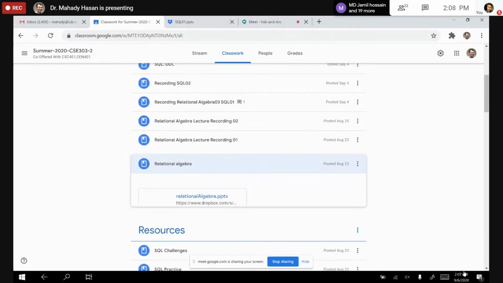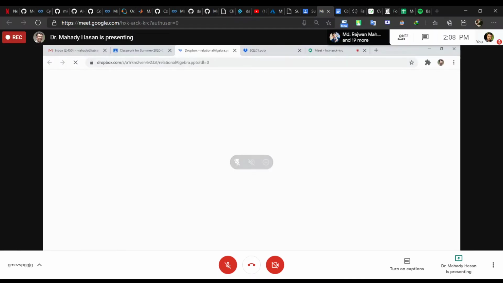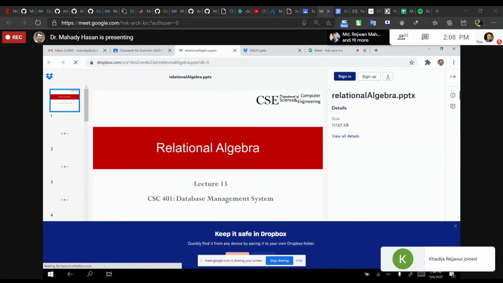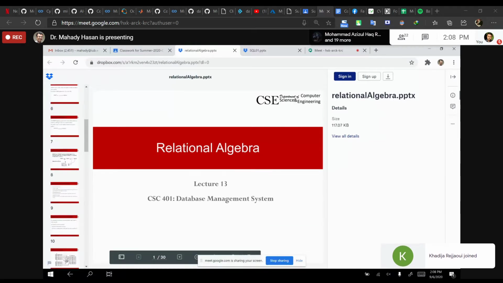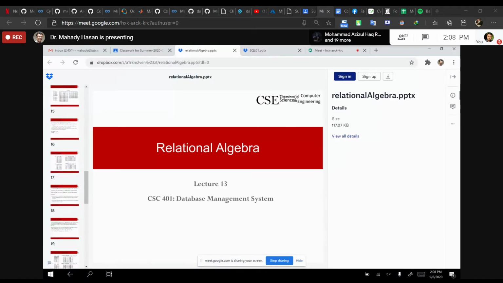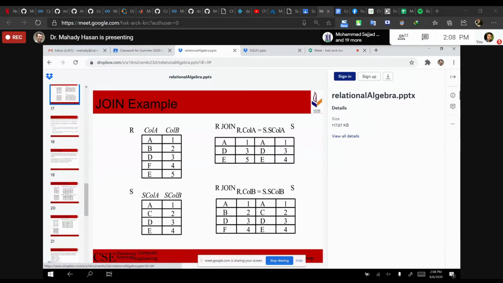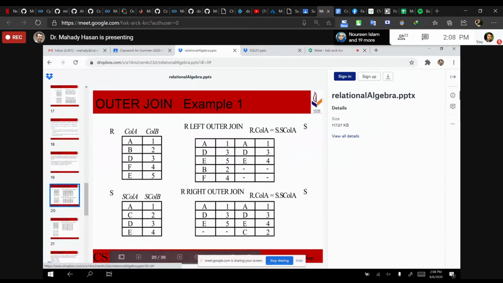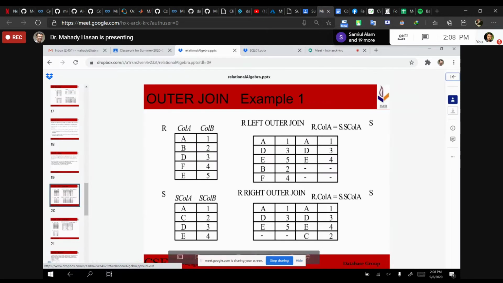Why do you think there is a problem? Conceptually, is there any problem? No sir. So why is right outer join a problem? This is the slide, right? Yes sir. Sir, I think the table on the right side, which table is there, tell me first.